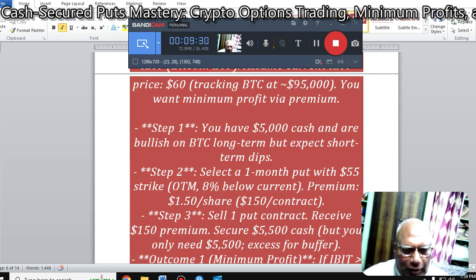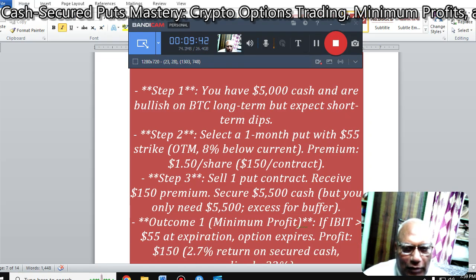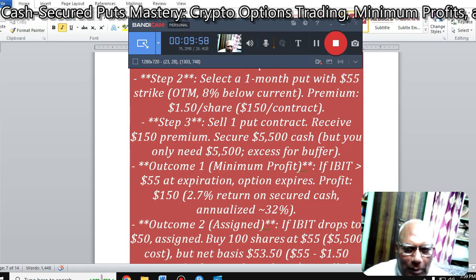$1.50 per share. That means a $150 contract. Step 3: Sell 1 put contract, receive $150 premium, secure $5,500 cash, but you only need $5,500 excess for buffer. Outcome 1, minimum profit: if IBIT is above $55 at expiration, the option expires and profit is